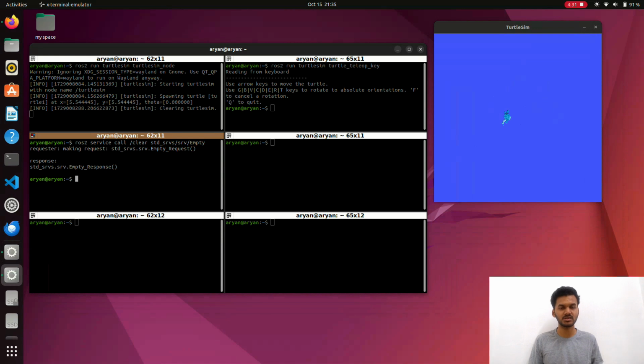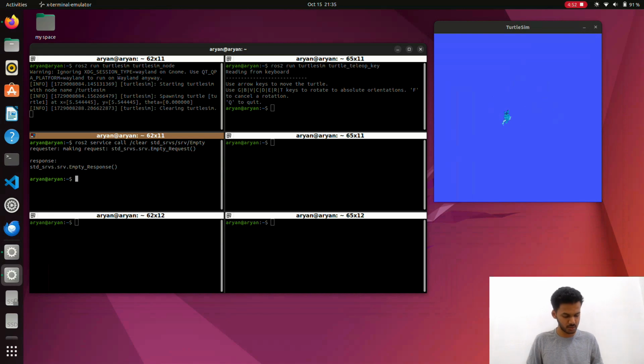not creating a node, but just giving the command on the terminal. Also there is another way to build a node and then move the turtle along the way, but we will first use the command, and then in further videos we will also create the node.